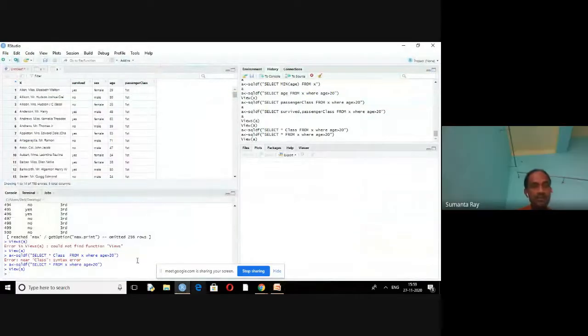Instead of the one particular clause I have added, age greater than 20, you can use greater than equals to, less than equals to, greater than, less than, all these things you can add. Clear? Here instead of star, you can write a specific column, whatever you want. You can add all these things. I will send you one soft copy that contains many SQL queries. You just go through this.